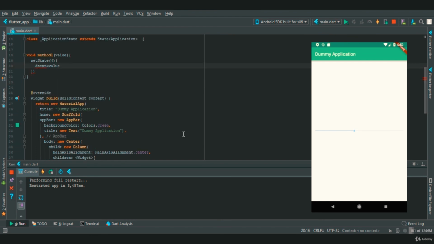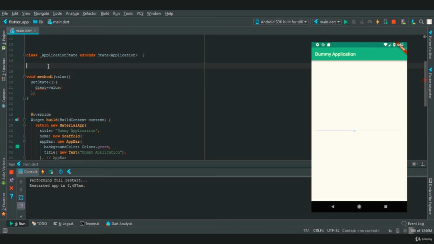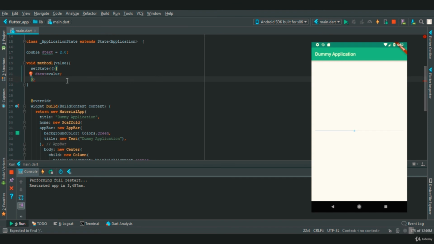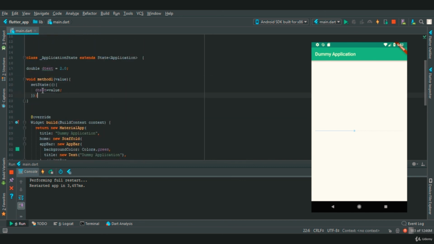Now the method value will be inserted into dtext, but we have not assigned dtext. So let's assign double dtext is equal to 0. Let's give a value of 2.0, and the value of dtext needs to be displayed.